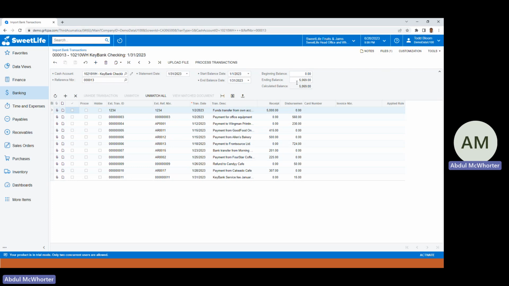And that is important because once we reconcile, in this case, it has a beginning balance of zero because this is our first time reconciling this cash account. So moving forward, after the first processing of this bank statement, then for the preceding months, for instance, in February, the beginning balance of February will be equal to the ending